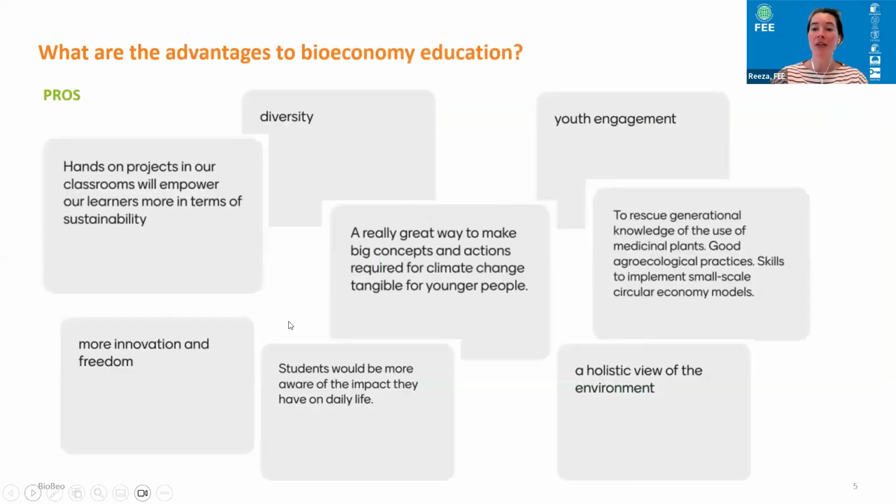Just to recap the first workshop, which was about a month ago, I'm sure some of you were there. We talked about what is bioeconomy education. From the participants, we identified what some advantages could be. We had some really nice ideas.